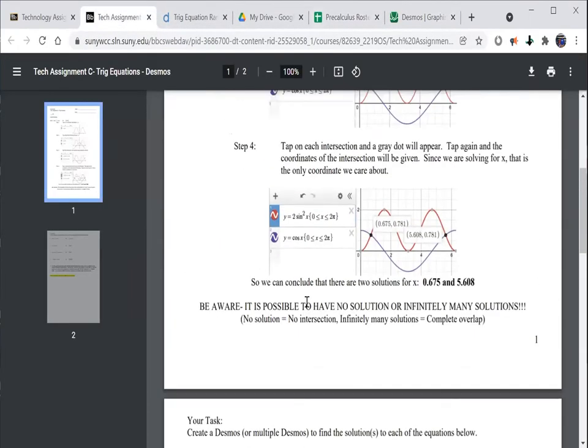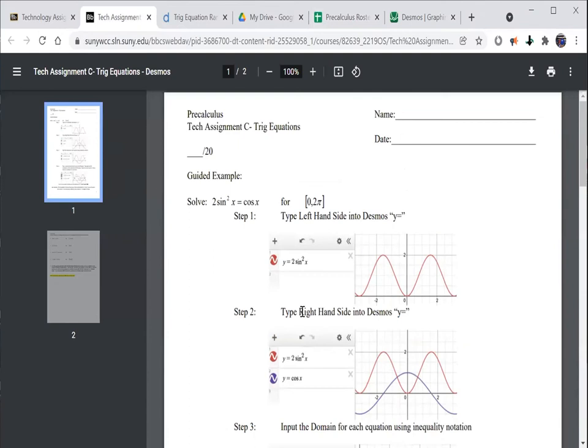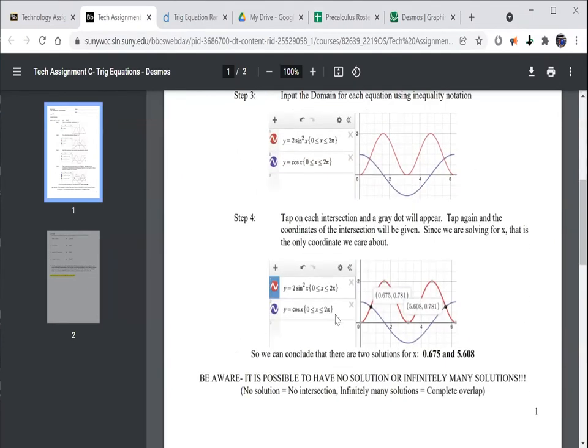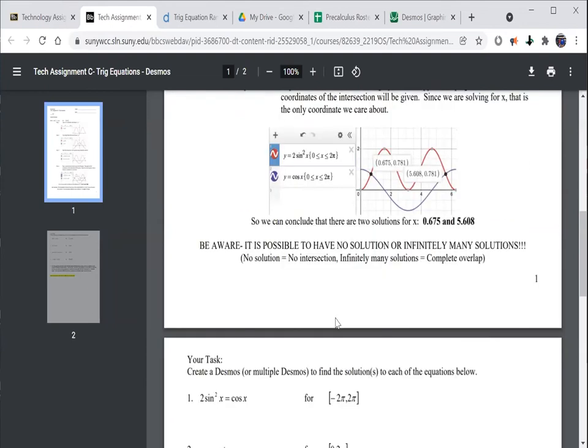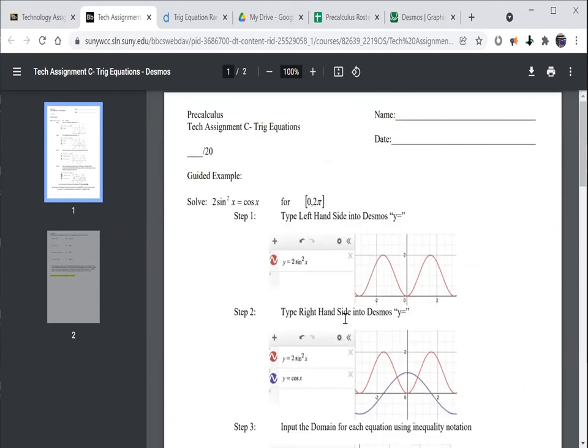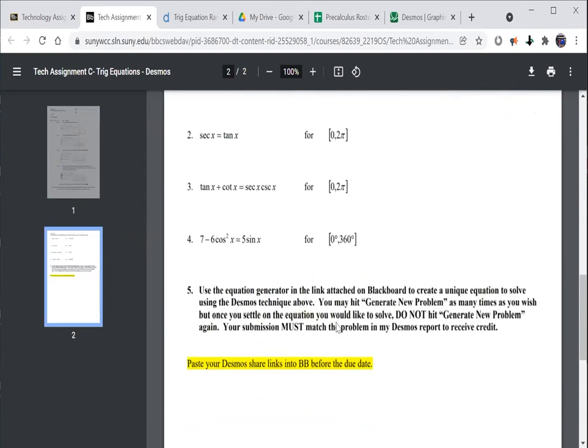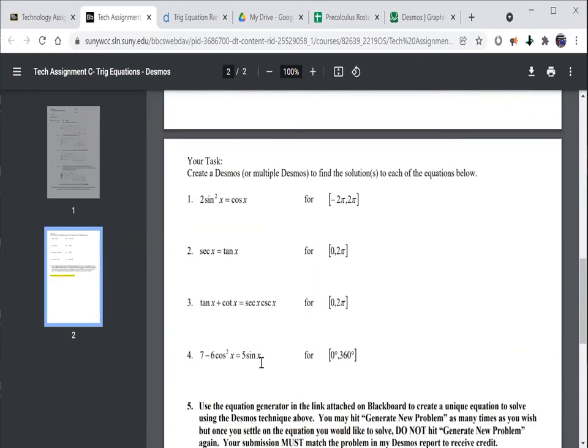All right. So what you're going to do is you're going to solve the given equation, but in doing so, you're going to have to type in multiple items into your Desmos. So you're going to want to have an organizational strategy. Some people like to use folders for stuff like this, and I'll show you what I mean by that in a sec. But yeah, an organizational strategy is going to be the best way to go, and just to keep things